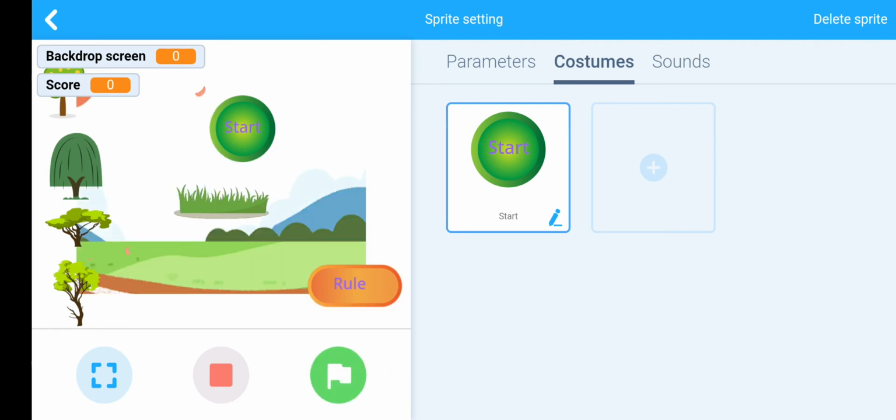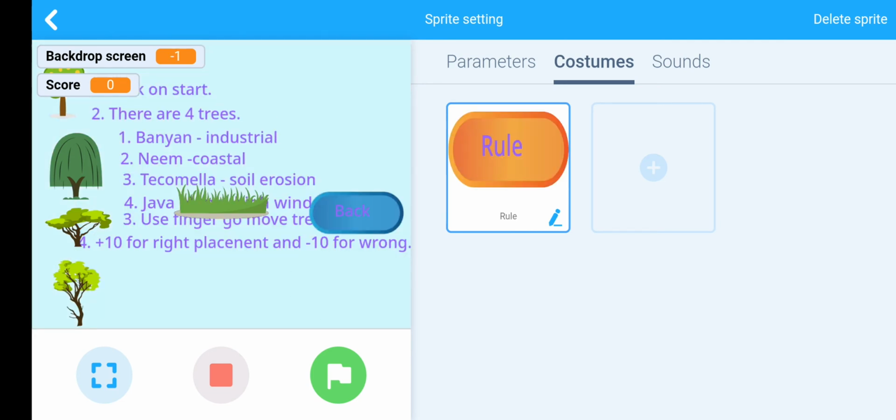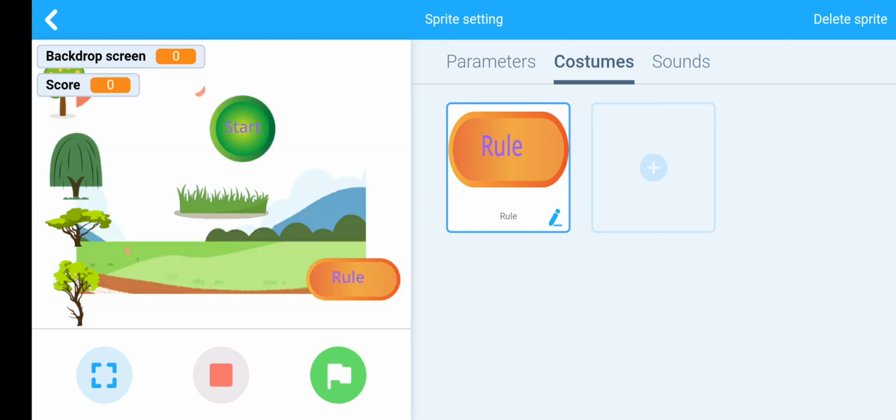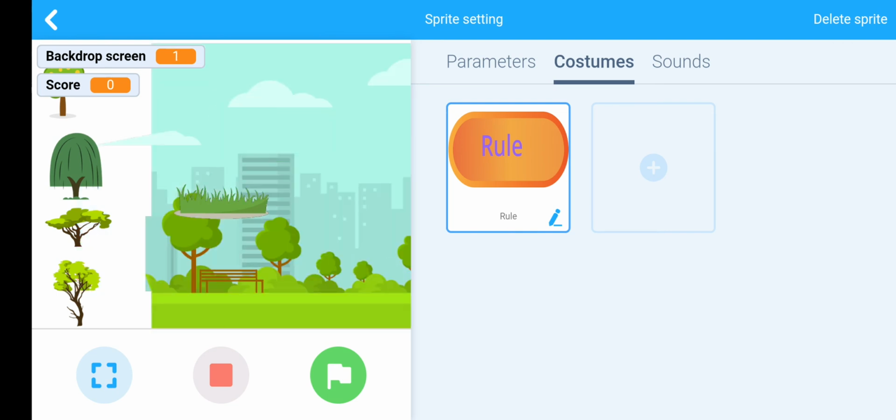The flag is clicked. Look here, only 2 buttons are present, the start button and the rule button. When I click on the rule button, the rule window should open. Same here, the rule window is open. When I click on the back button, the start window should open. Okay, when I click on the start button, our high wind landscape should open.